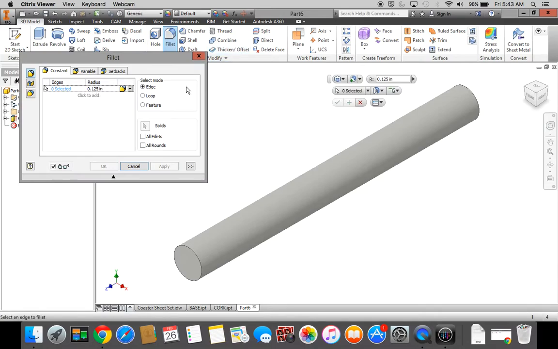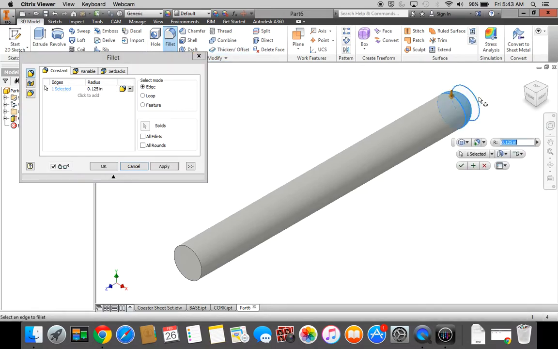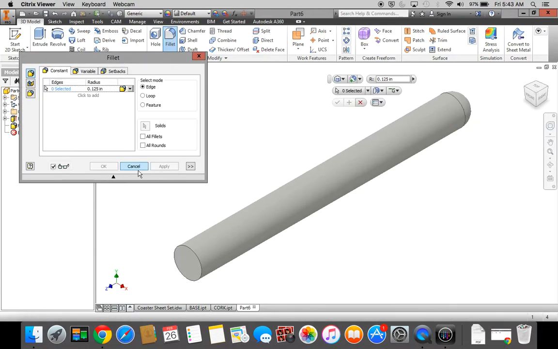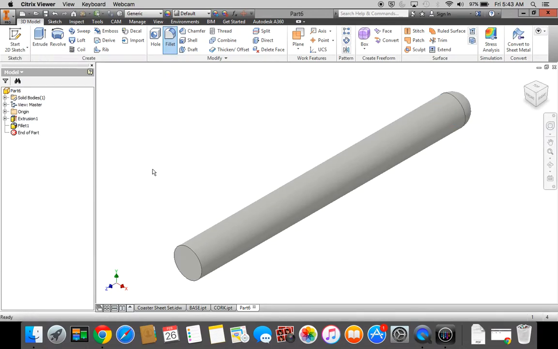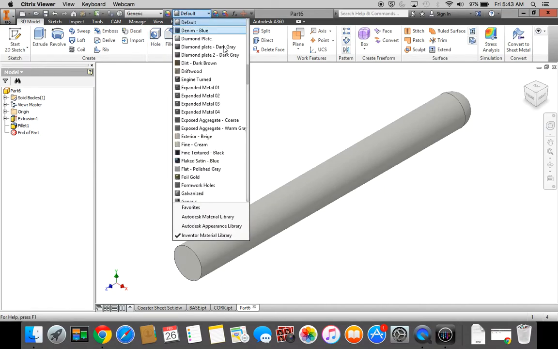The radius is 0.125. I'm going to select my top edge of the peg. Click apply. Cancel out this window. And my peg is done. Let's change our material from default